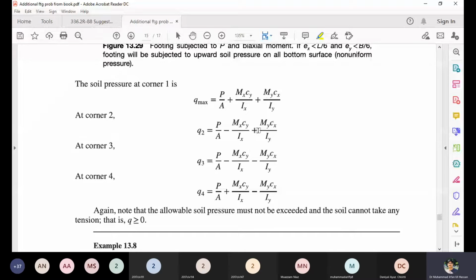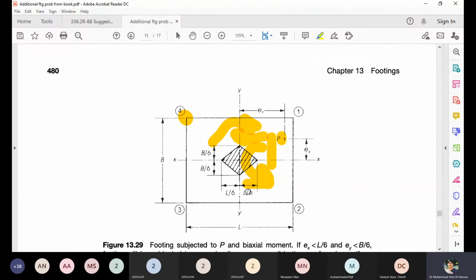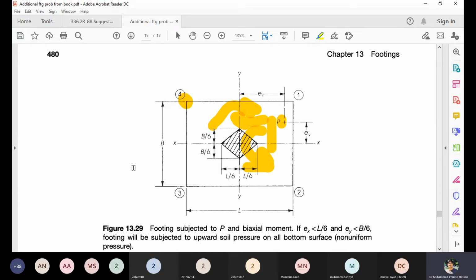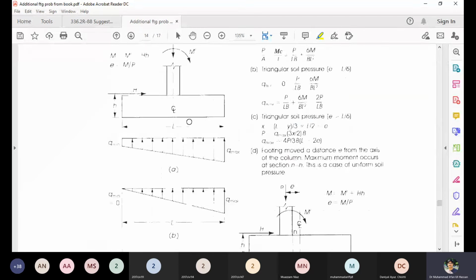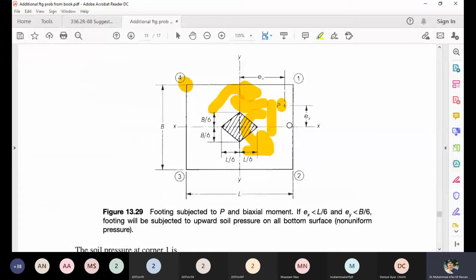You must understand the concept of plus and minus. When any moment is developing compression, then the pressure will be positive, and when it is developing tension, then the pressure will be negative. Here in this problem, all these four pressures are written, but you cannot design it manually, because if the pressures are highly irregular, then the line diagram cannot be obtained. When I cut the section, it is a contour type of variation, where somewhere the pressure is more, somewhere less.